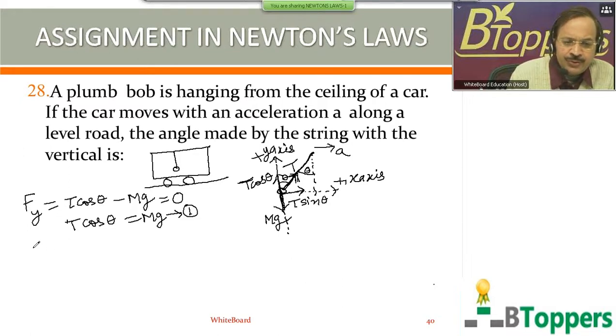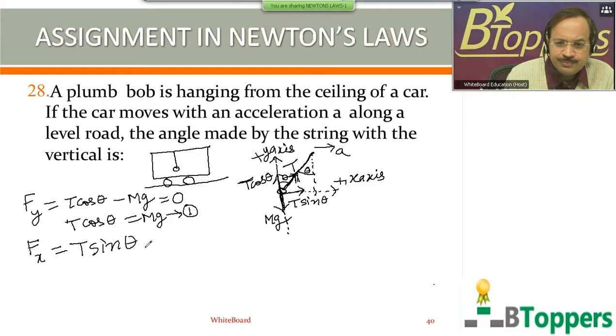When the y component of resultant force is 0, the resultant force on the bob is equal to the x component of the resultant force, and Fx represents the x component of the resultant force. The only force which acts on the bob along the x-axis is the horizontal component of the tension, which has magnitude T sin theta. So the resultant force on the bob with respect to a stationary observer on the earth, or with respect to the laboratory frame, which we consider as inertial frame, is T sin theta. From Newton's second law, the resultant of all the forces acting on the bob will be equal to the product of its mass and acceleration.